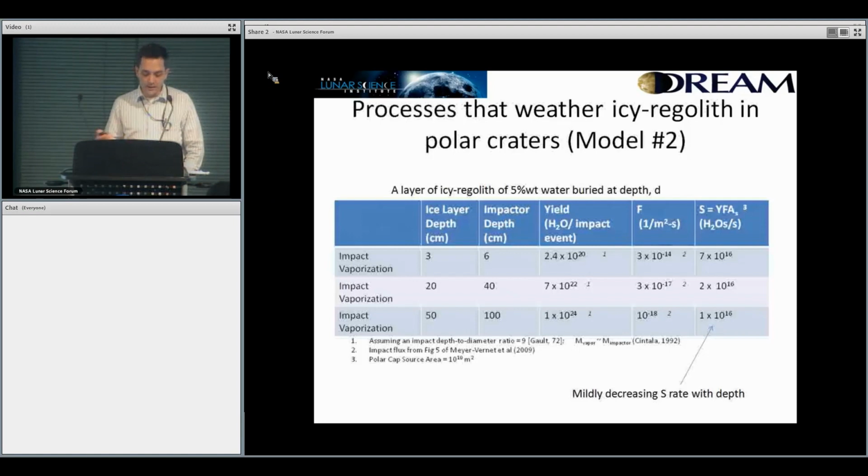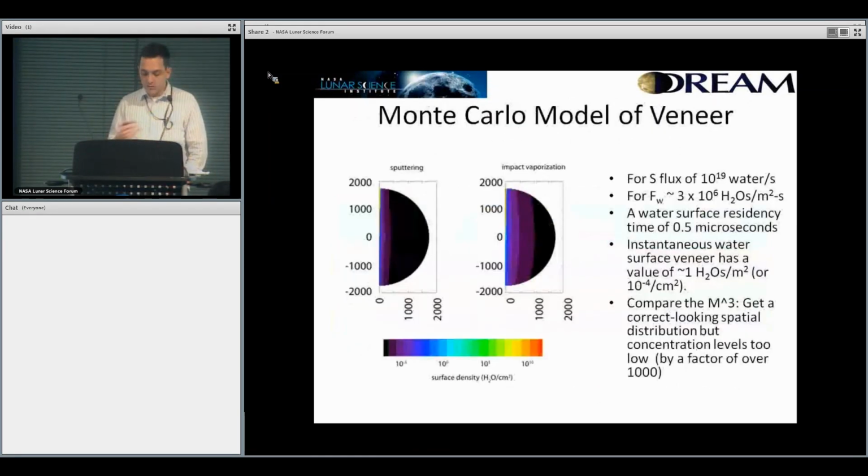And so if we look at different layer depths for the ice, and also look at different masses of impactors and penetration depth, we can calculate a general yield of water that goes as the mass of the impactor over the mass of the water. So using this model,